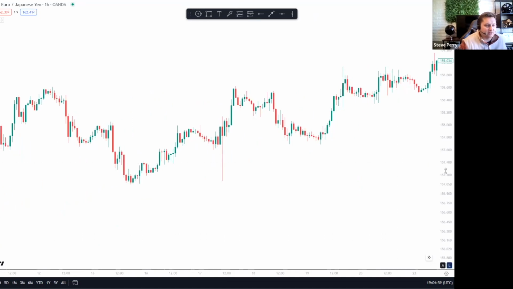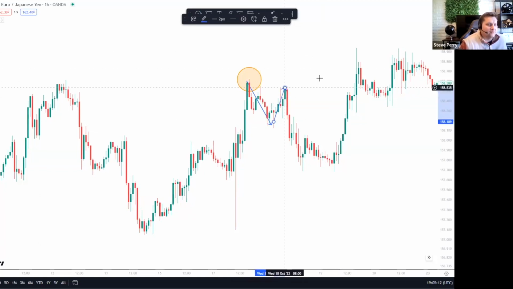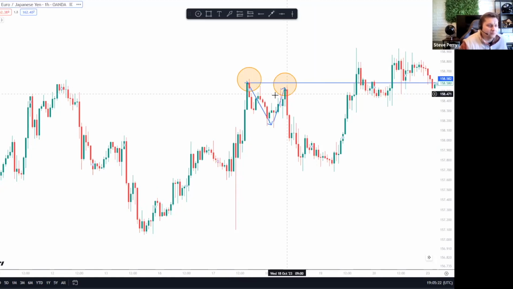A double top is basically where you have a market that comes up, forms a high, and then comes down again. It doesn't necessarily matter too much how far it comes down, but when it comes back up, it forms another high. Okay, so this is a double top. They should be approximately about the same, lining up about the same spot. They don't have to be exactly pip for pip right next to each other. You can see this high is actually a little bit lower than the previous high, but that's still considered a double